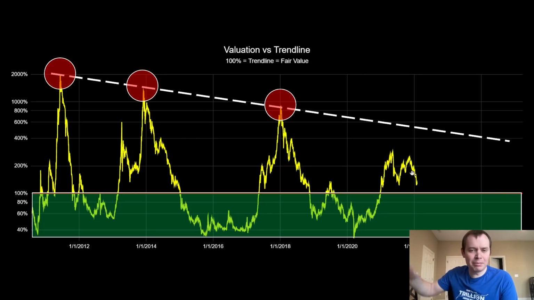It doesn't mean that Bitcoin can't go to 150K over the next year. It doesn't mean that. It just means that it's not like the accumulation phase of a lifetime. The accumulation phase of a lifetime comes when the asset class is in the undervaluation territory and sometimes undervalued by as much as 60% or so. Okay, so that would be where the undervaluation comes into play and where the accumulation phase of a lifetime comes in. But now the question is right, like, well, do we have to come back down here?